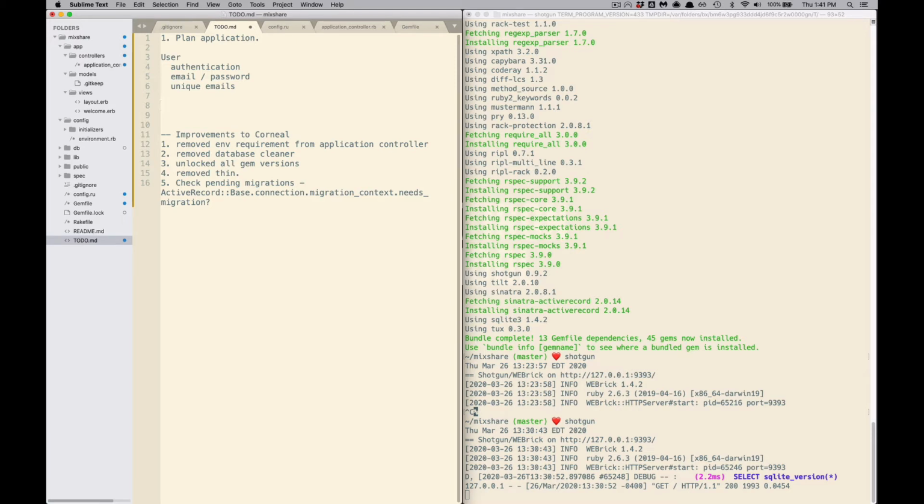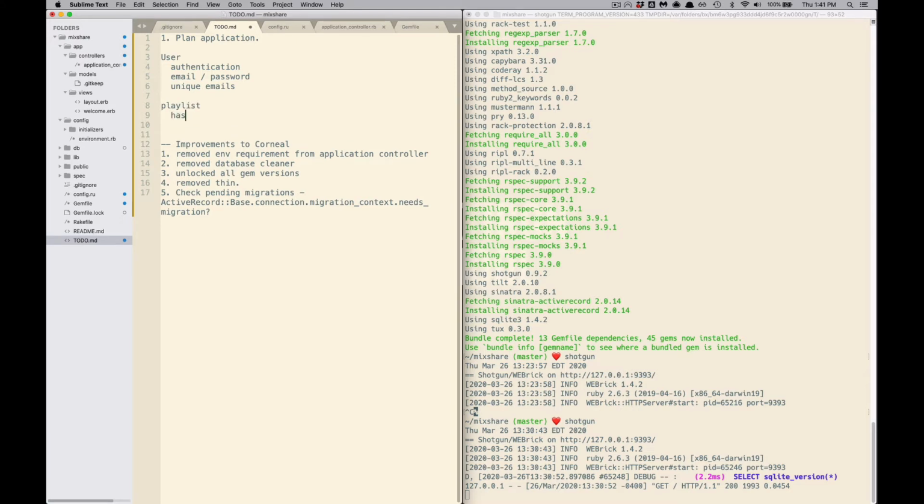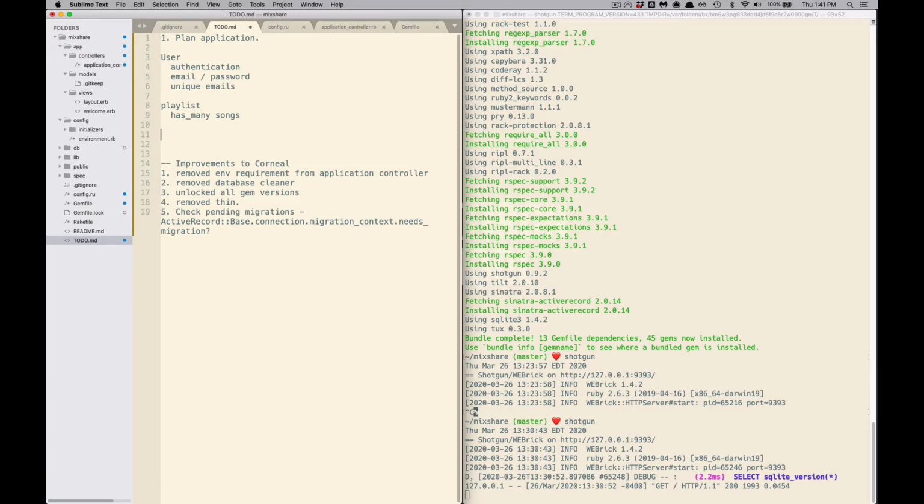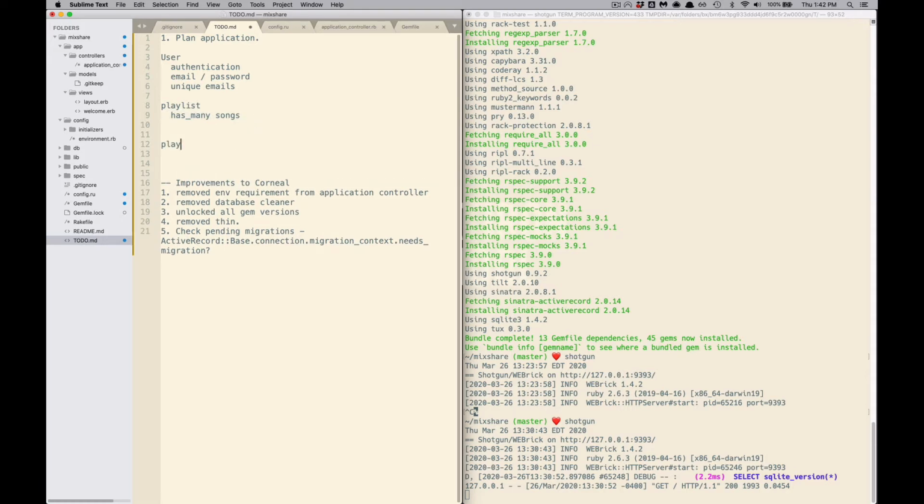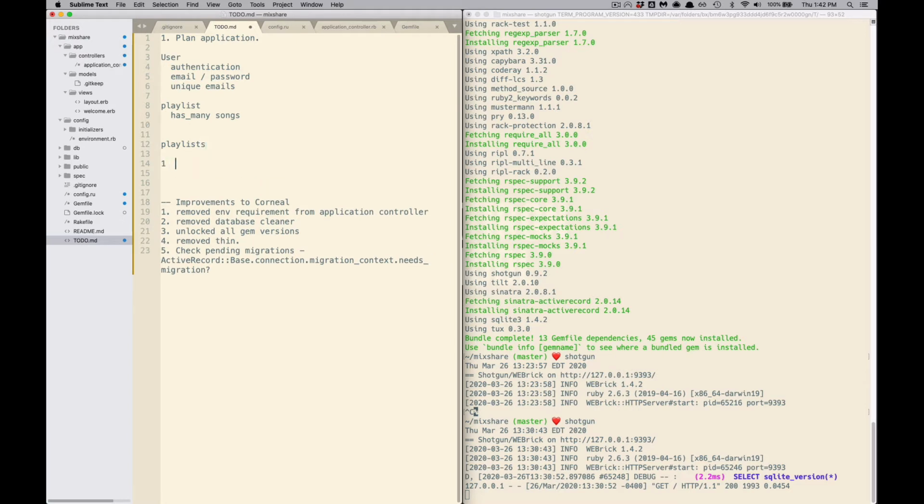let me think about the database structure for a second. So I'm thinking that we have a playlist, and a playlist has many songs. The playlist is going to be the thing we generate, and it could have many songs. Now, let's say playlists, and then you have an ID one, and a name. You have a user ID, who it belongs to. So far we have the user has many playlists, but